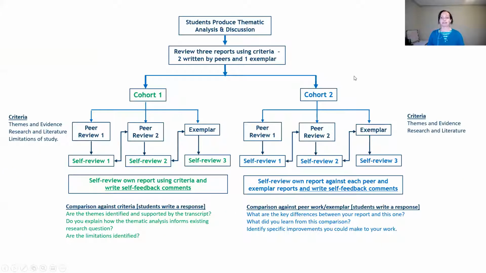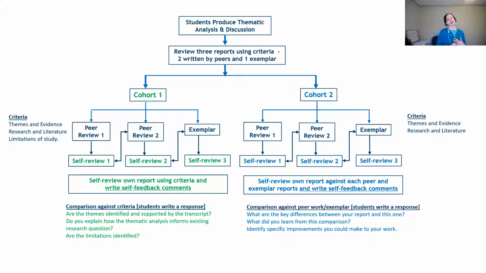So this is a bit of a scary diagram, so I'll try and talk you through this as much as I can. This was all done in the context of a third-year honours psychology course, and in this course the students had to design and collect data for a qualitative research project. So they had to run a focus group, analyse the data and write it up as a research report.